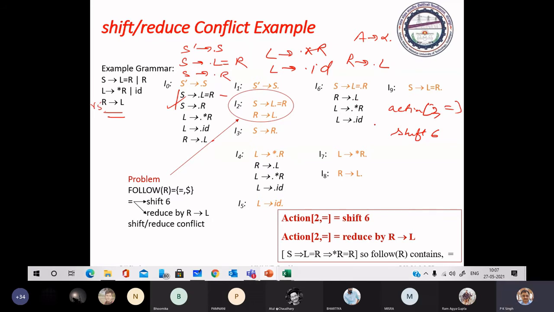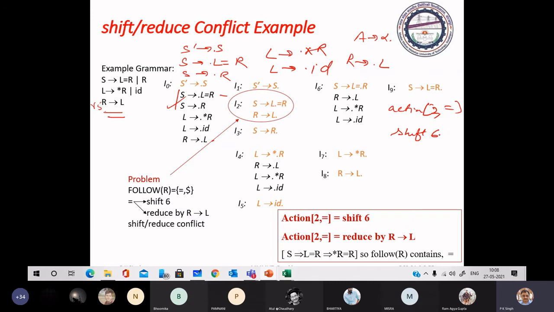Where follow of R. Just see what is follow of R. Follow of R is follow of L, and follow of L is nothing but equal sign.